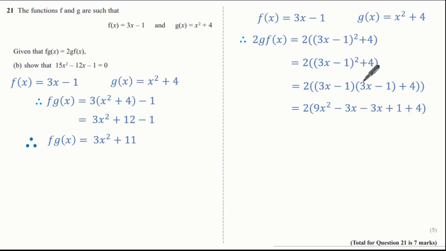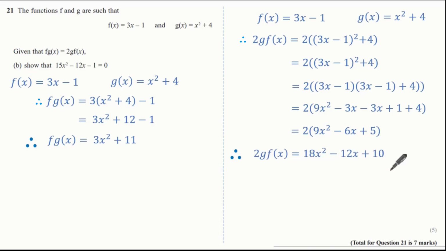Minus 1 times our 3x is minus 3x, and minus 1 times our minus 1 is plus 1. And then we add our 4. This is becoming a little bit easier now. So now let's collect all like terms to give us our multiplier of 2 outside, bracket 9x squared minus 6x plus 5. Now I can expand to give me 2g f of x to be 18x squared minus 12x plus